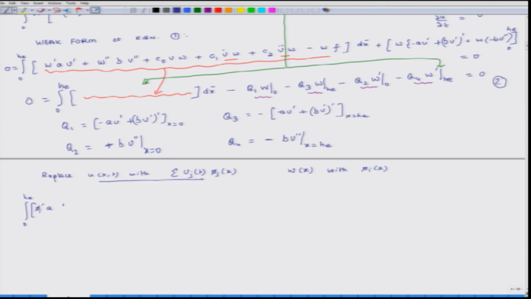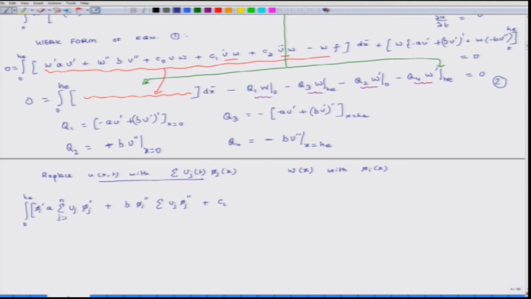So, u prime is summation of u j, and for purposes of brevity, I will not explicitly write u j as a function of time, and then phi j, with j equals 1 to n, and this is differentiated in x, plus b phi I second derivative times u j phi j second derivative